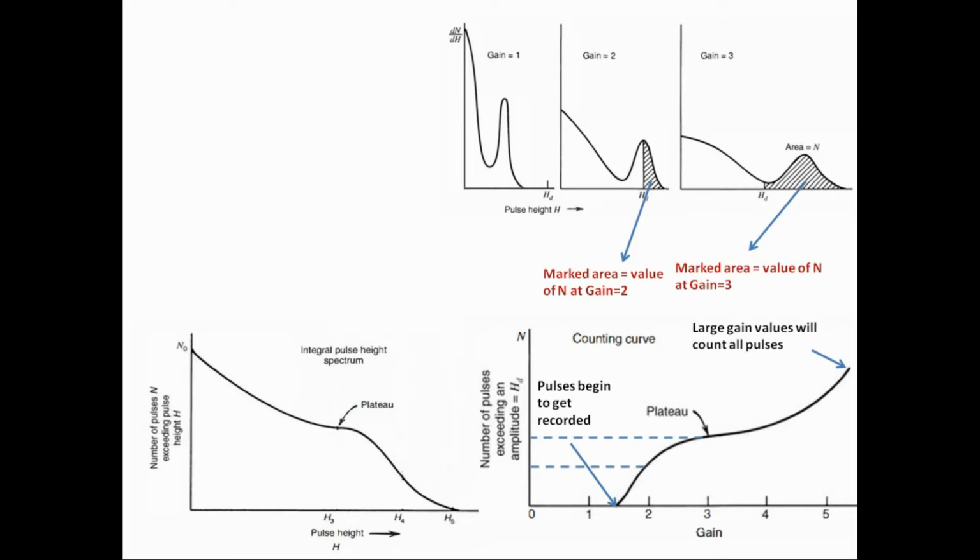In the example shown, the minimum slope in the counting curve should correspond to a gain of about 3, in which case the discrimination point is near the minimum of the value in the differential pulse height distribution. In order to select an operating point of maximum stability, plateaus are again sought in the counting curve that results, and the voltage is often selected to lie at a point of minimum slope on this counting curve.